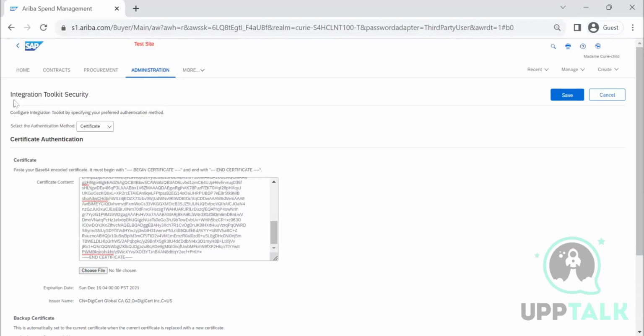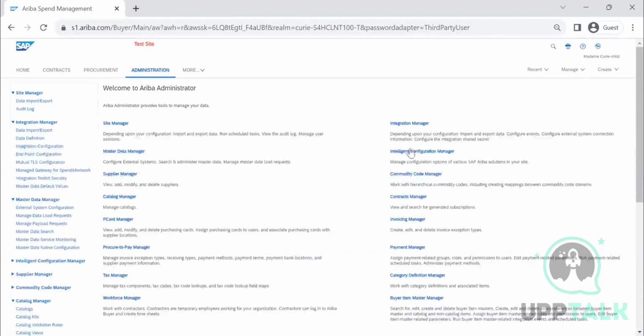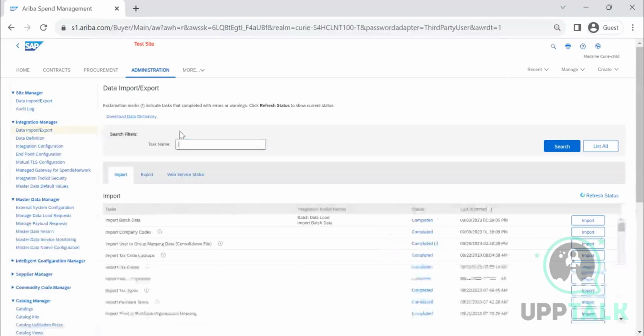So in ITK, from the Ariba side, this is all you maintain. The rest will be done by the ITK middleware, where the person handling that ITK will be able to configure this information, converting the data from the source system to the required format. You can find whatever jobs are running on ITK by going to data import and export and searching for the field. In this case, in this test realm, in this production realm, we see this completed. Once you click on completed,